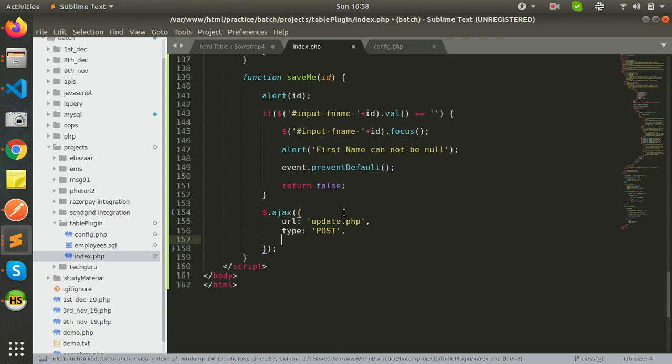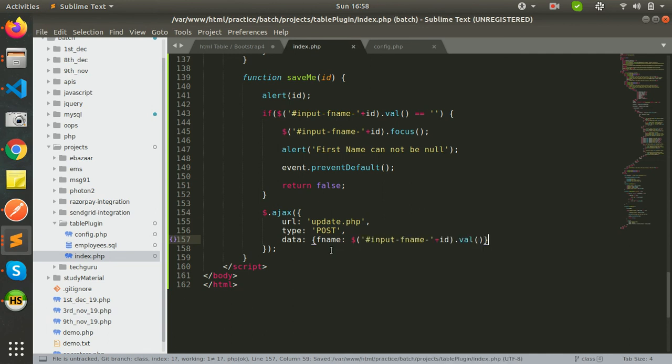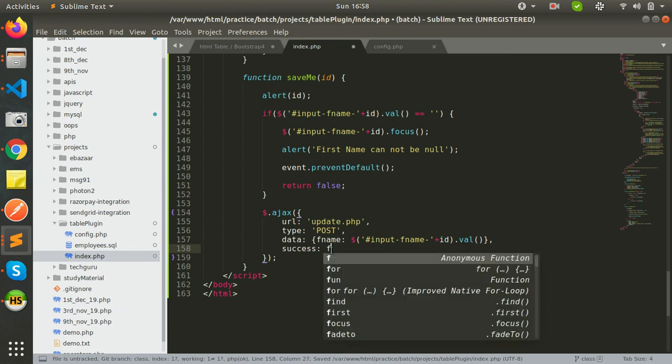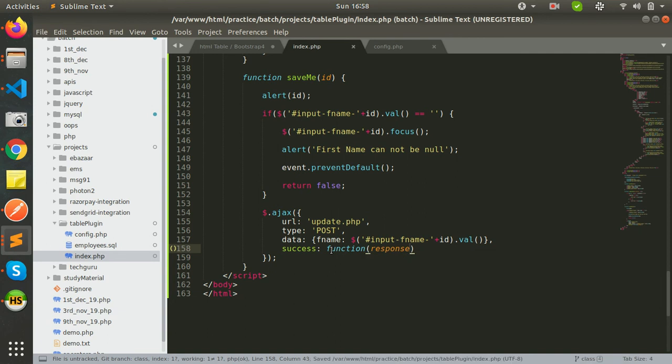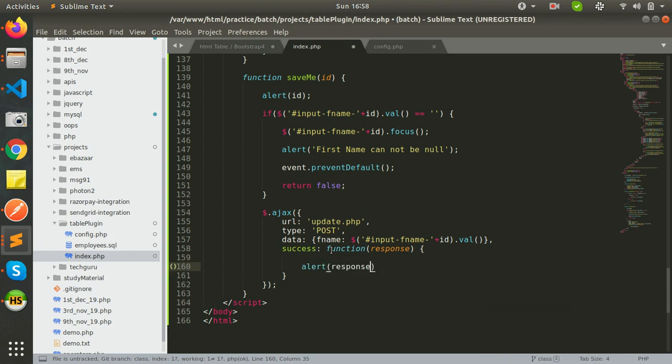Okay, and the data should be, data will be what? This will be the data. So suppose data will be app name I am sending like this. Then on success, call the function, receive the response. Once the response comes, alert the response. Once the response is alerted, refresh the page,